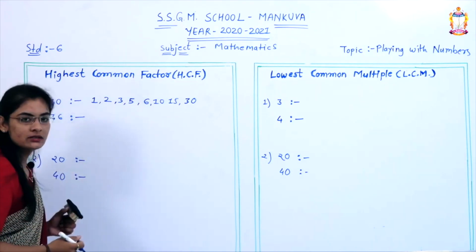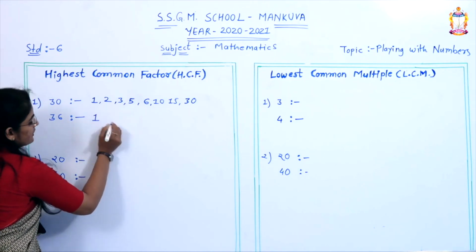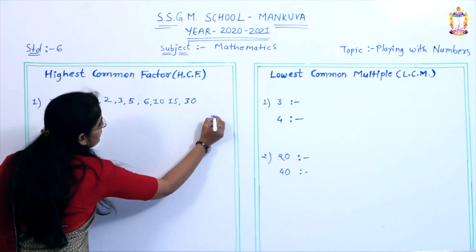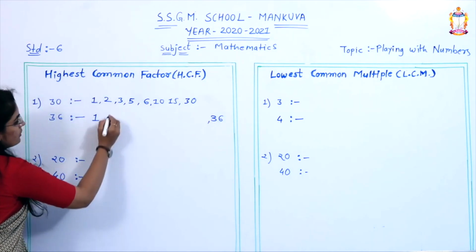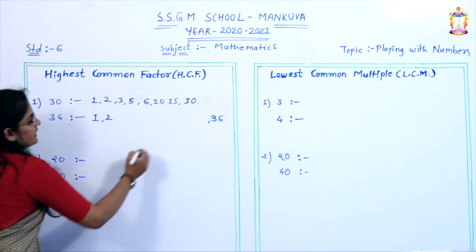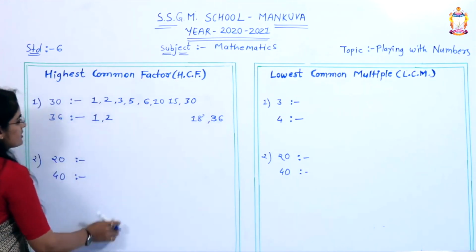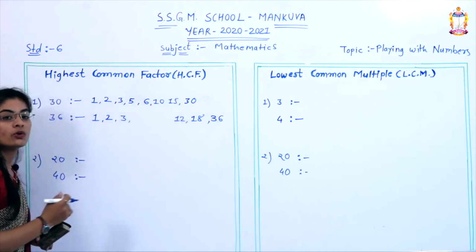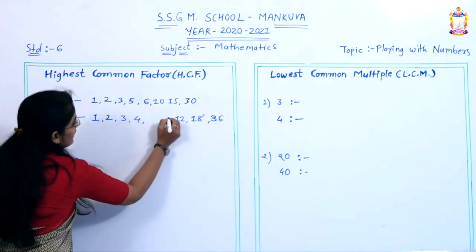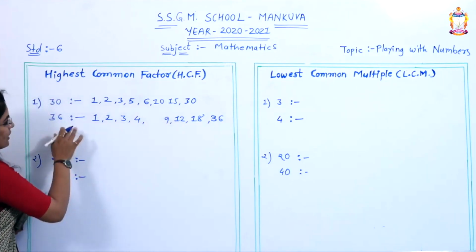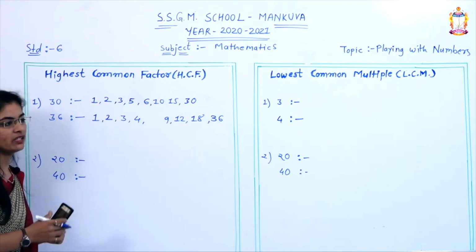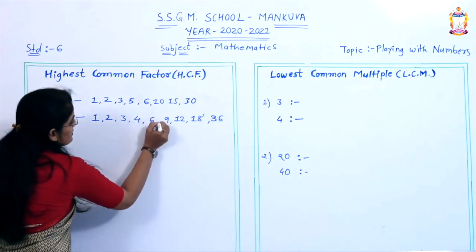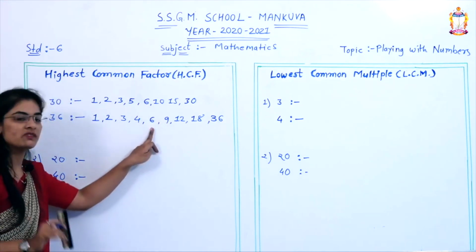Now come to the 36, right? Start with the lowest factor 1. 1 36s are 36, right? Okay, now go on the second number. Yes, 18 2s are 36. Now number 3, 12 3s are 36. Go to the number 4. 4 9s are 36, right? Okay, now go to the 5. No, table number 5 doesn't include number 36, right? Now go to the 6. 6 6s are 36. We have to write only one time 6.